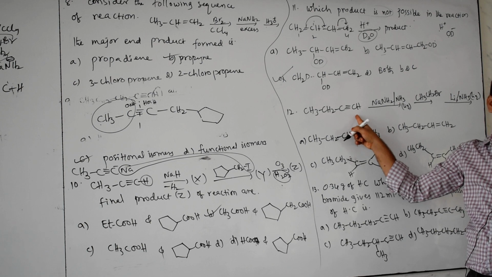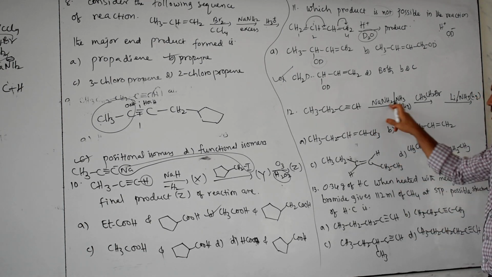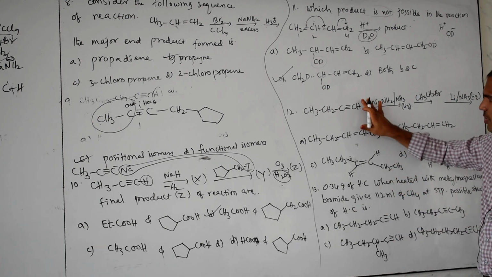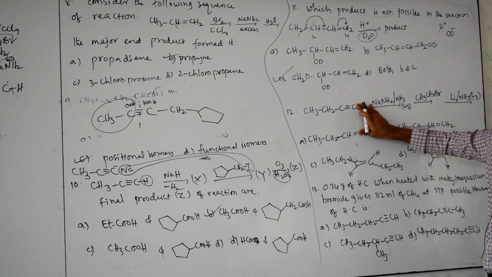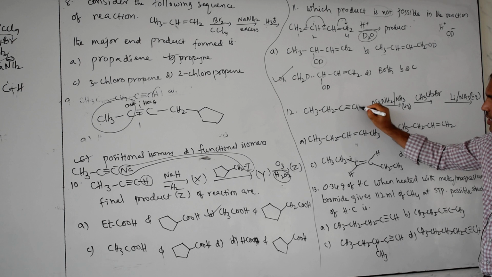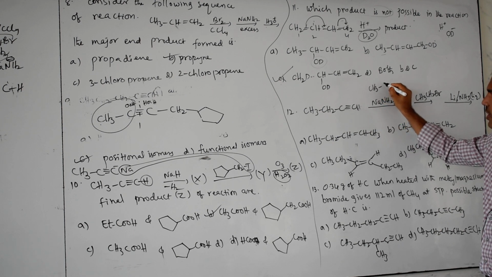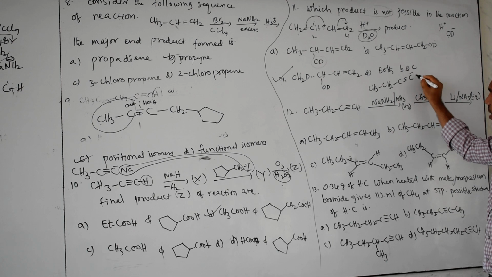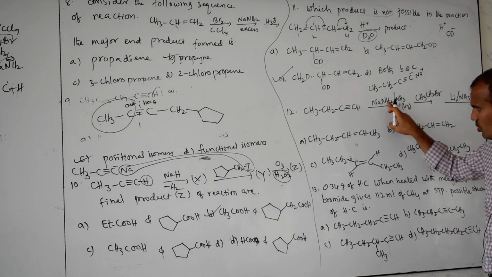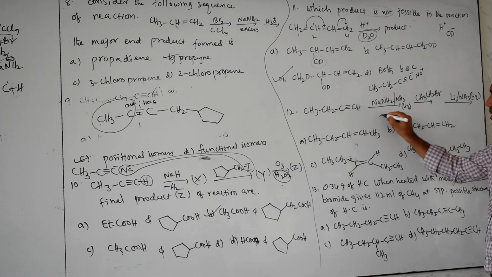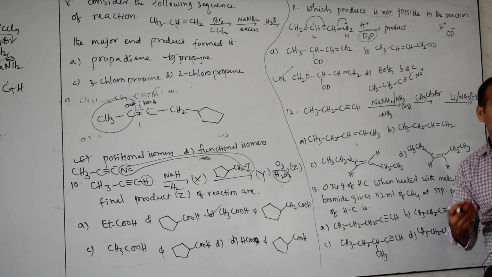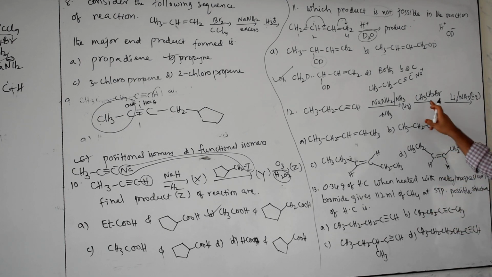Next, this is which one? Terminal or not? Terminal. React with which one? Sodium, sodamide. Sodamide means what is that? It removes H. See, already H is there, otherwise I will write here CH3, CH2, C triple bond, C minus Na plus. This NH2 minus takes H as NH3, because that is a strong base, it removes the H plus.